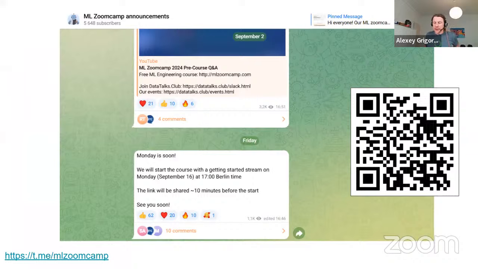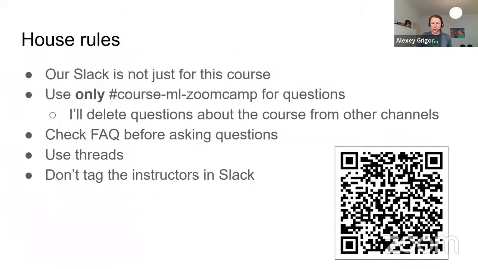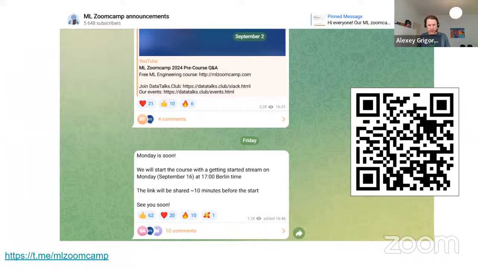Then we also have a Telegram channel, so we actually have two things: Telegram and Slack. The main difference is that we use Telegram only for announcements, and we use Slack for communication between us. If you have a question and it's not in the FAQ, you should use Slack. You should not use Telegram for questions.